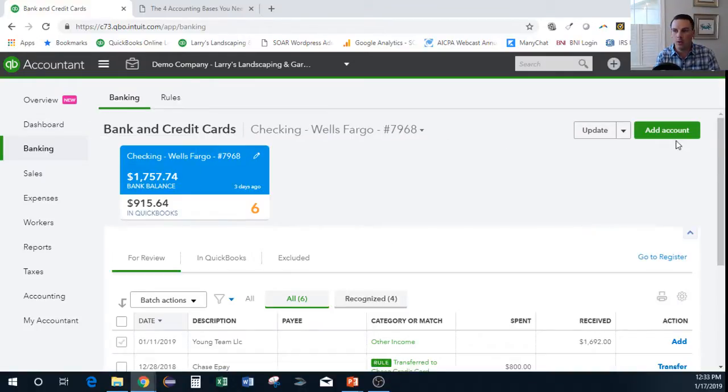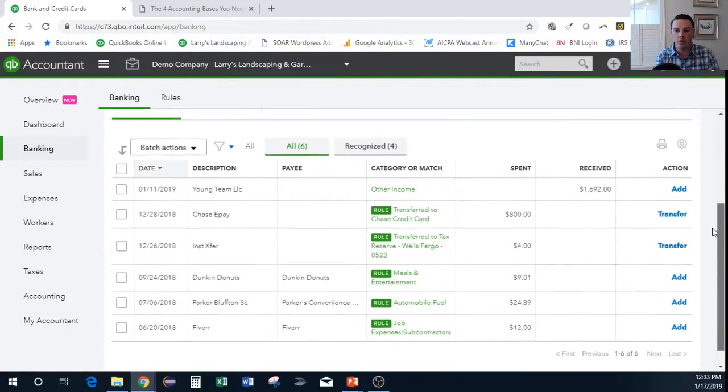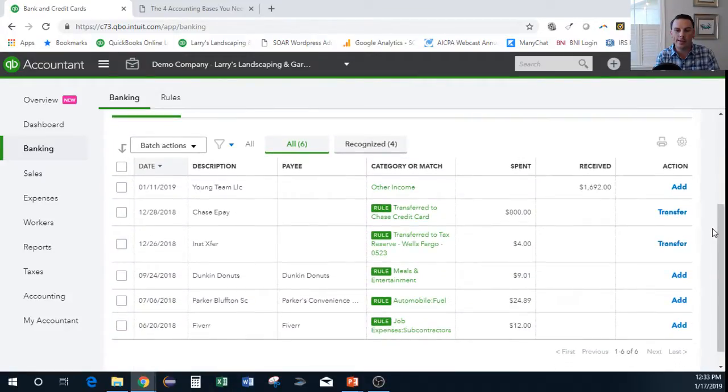And basically what you want to do with bank rules is create rules around data that's provided by the bank transaction. So if you think about when you get your bank or credit card statement and it tells you, like in the memo, what it's for, and it gives you an amount and it gives you a date, based on that data, you can fairly quickly figure out what a lot of those transactions are. So I went through this in another video, which I'll link to in the show notes, but for instance, if you've got Dunkin' Donuts, there's a rule in here that says it's always going to be meals and entertainment. So if you're taking clients out to coffee, something like that,